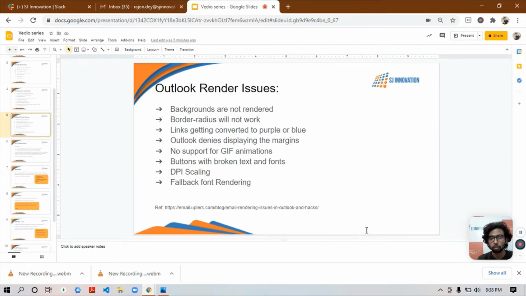So if you really want your button radius, you can do it for your browsers and other clients, but specifically in Outlook, this is not possible, I have to say.